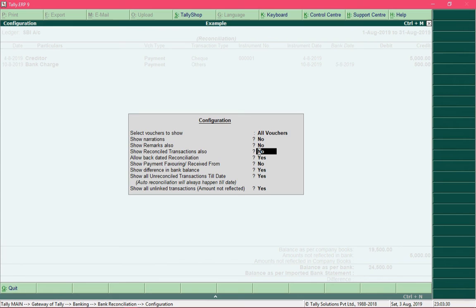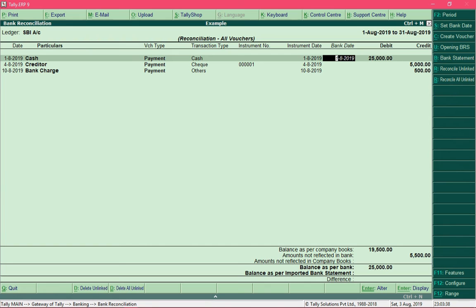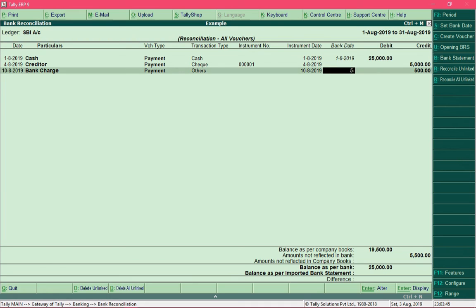And change the option show reconciled transactions to yes, so that it can display all those transactions which are reconciled, and press Ctrl A. And now let's reconcile this entry again, 5th of August 2019. Now it is accepting the reconciliation.